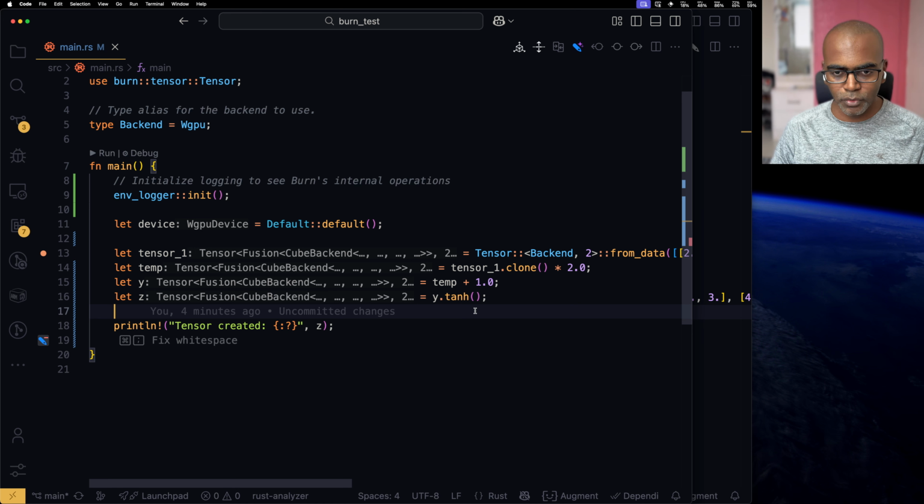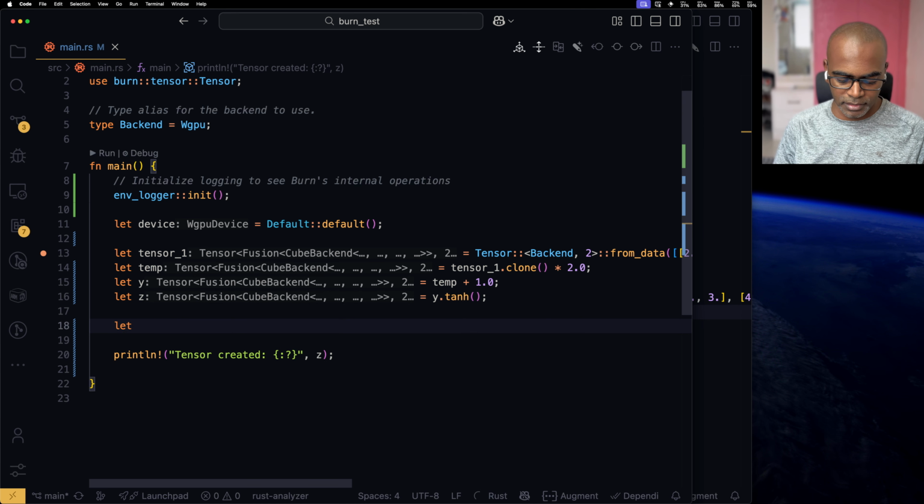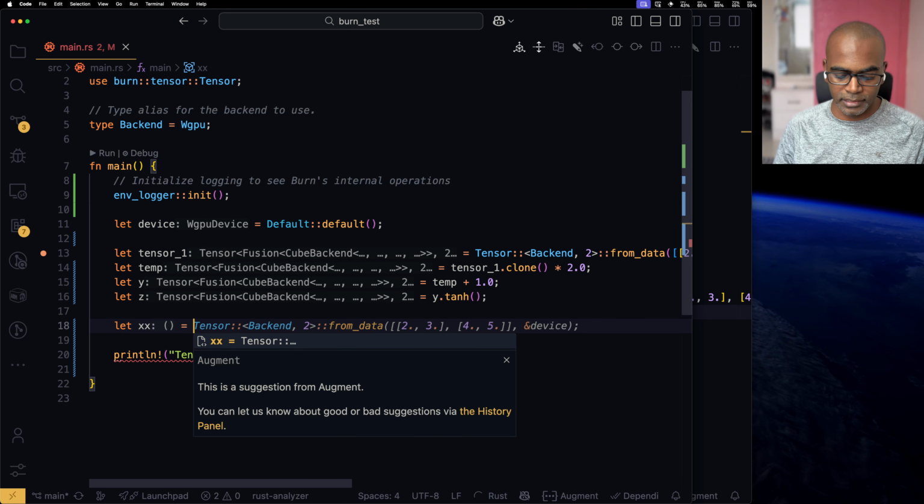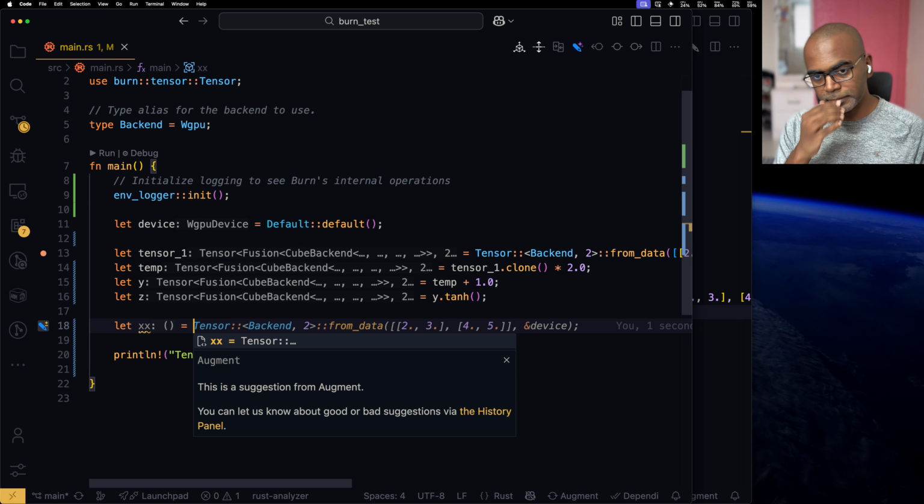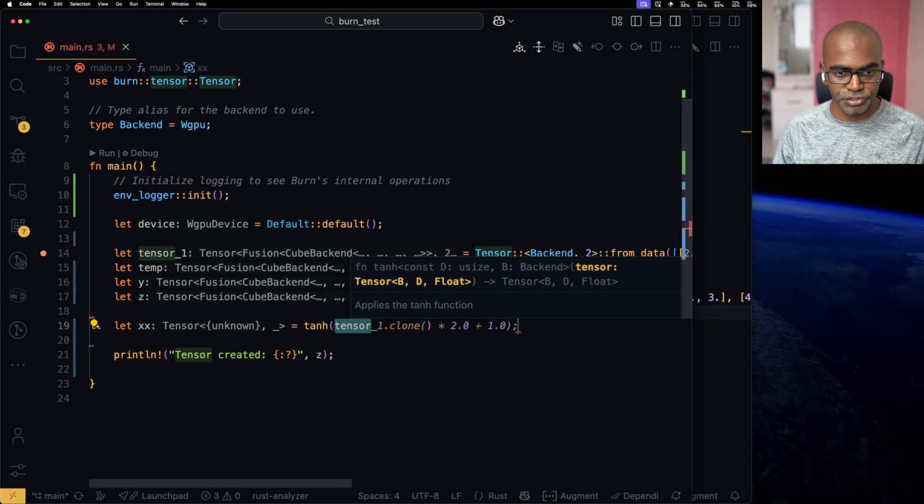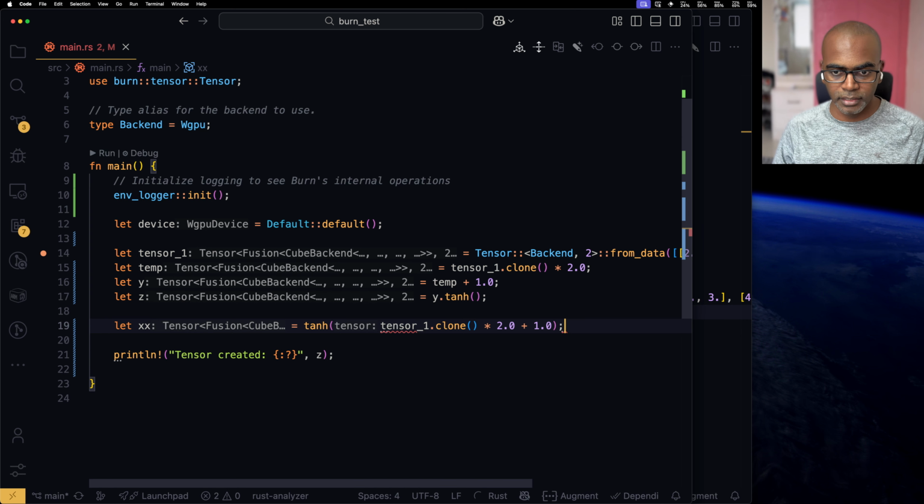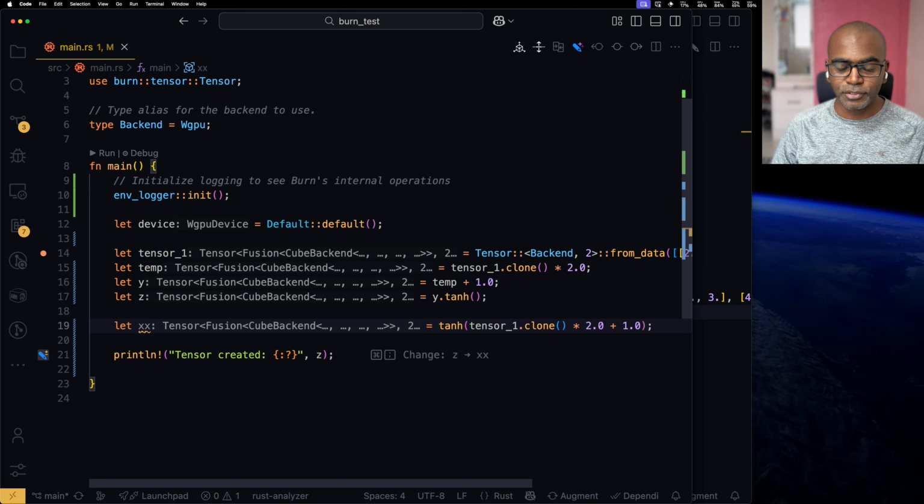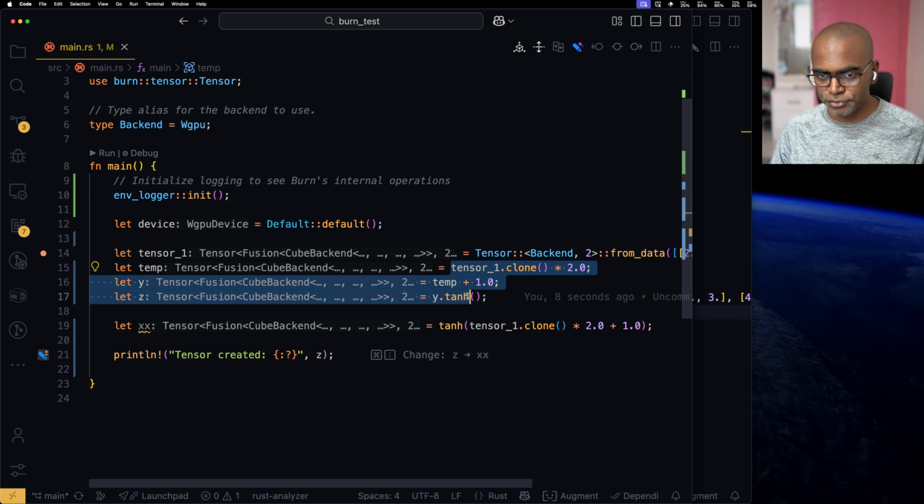So it may look something like, I don't know, let me just try this. It may look something like let x or whatever, and it may look like something like, I don't even know if this thing is there. Yeah, I think it's there. tanh and a tensor, and it may look something like this, right? So this entire thing that you've just written,